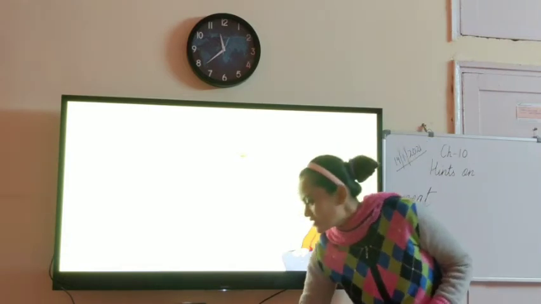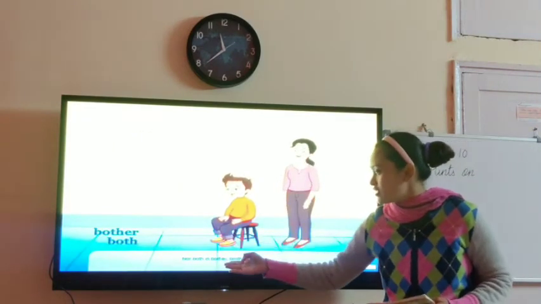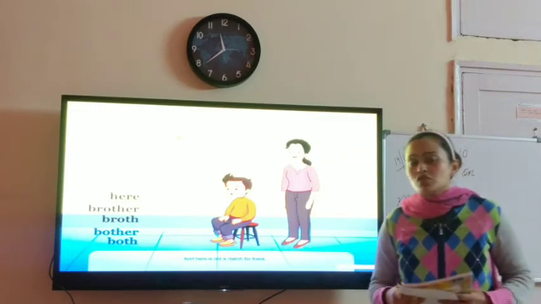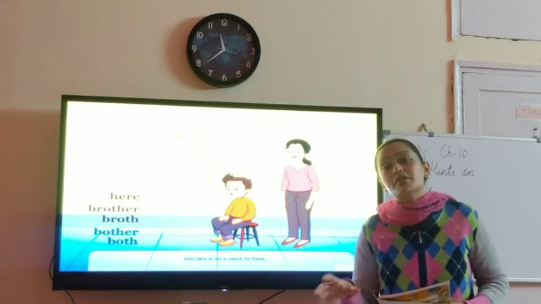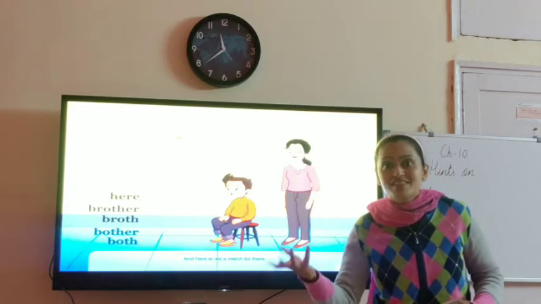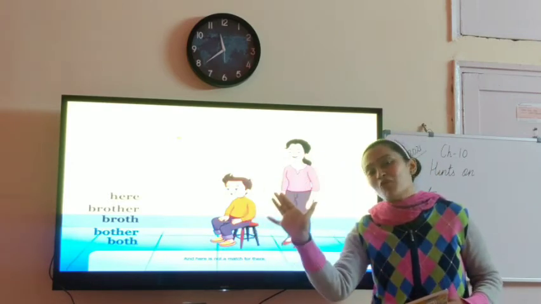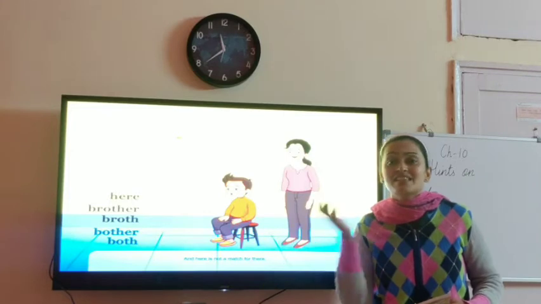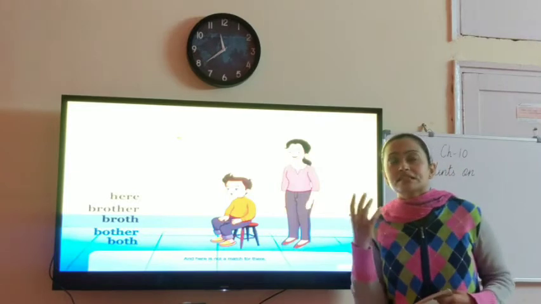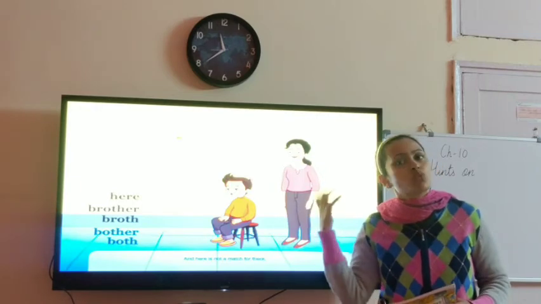So that's how confusing the words can be in the English language when they are put in different places. Right, children? Let's see another example. A moth is not mother, not both in bother, and broth in brother. So both, B-O-T-H, is both, but when it is placed in the word bother, it is pronounced differently. The same B-O-T-H attached to form a new word is bother. Same way, children, broth. What is the meaning of broth, children? A broth is basically a soup kind of dish prepared with water and meat, vegetables.